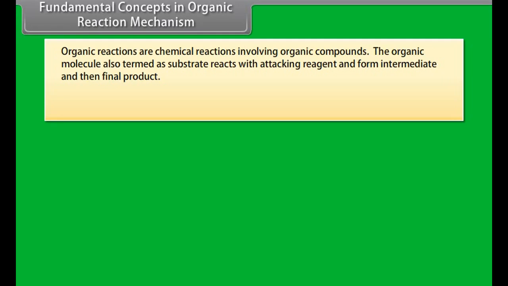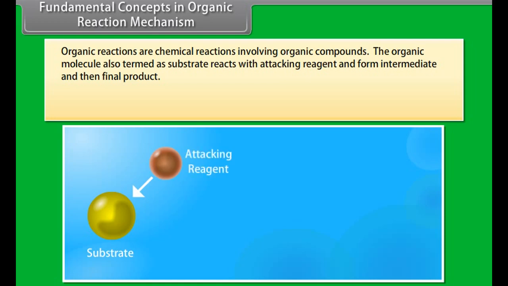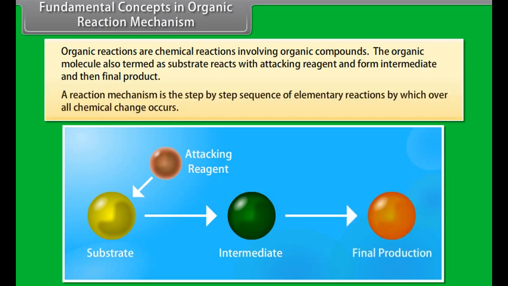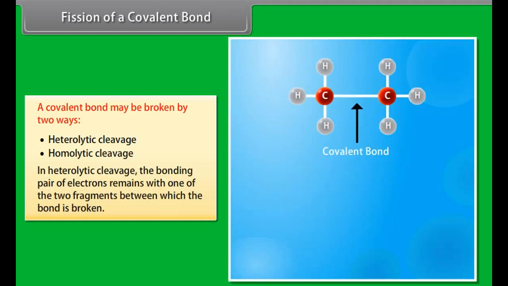Organic reactions are chemical reactions involving organic compounds. The organic molecule, also termed as substrate, reacts with attacking reagent and forms intermediate and then the final product. A reaction mechanism is the step-by-step sequence of elementary reactions by which overall chemical change occurs. Fission of a covalent bond. A covalent bond may be broken by two ways: heterolytic cleavage, homolytic cleavage. In heterolytic cleavage, the bonding pair of electrons remains with one of the two fragments between which the bond is broken. For example,